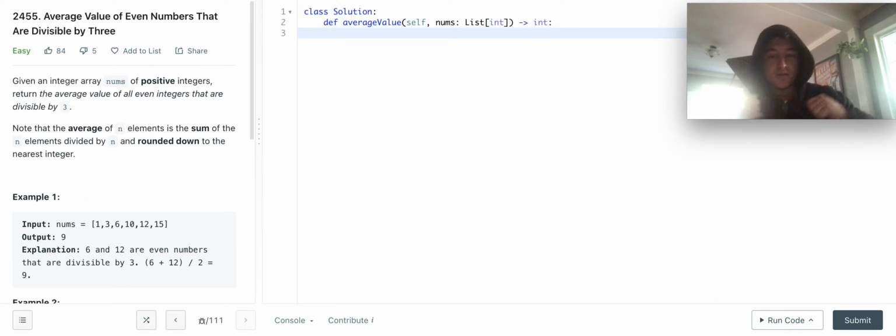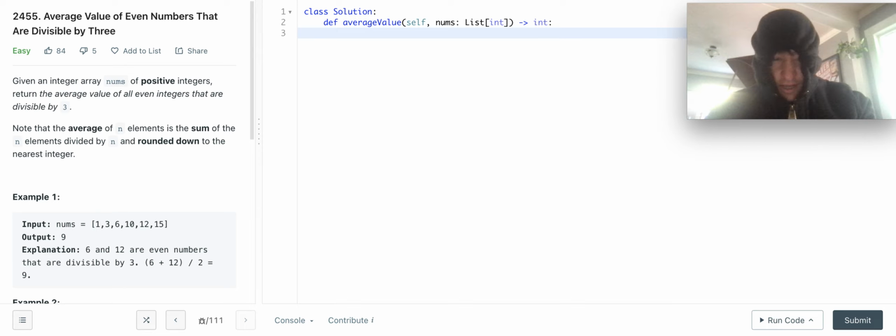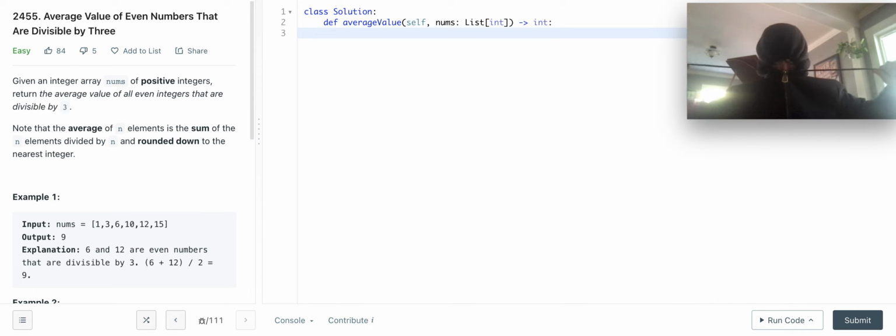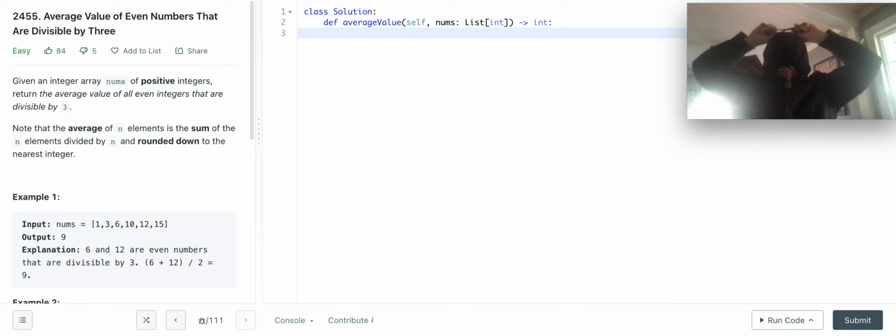Today we're going to do problem 2455, the average value of even elements that are divisible by 3. This is a Leetcode easy. It's a new problem, fresh off the dot, and it should be pretty approachable, right? This is the kind of problem that I imagine is probably very, very simple. Okay, so